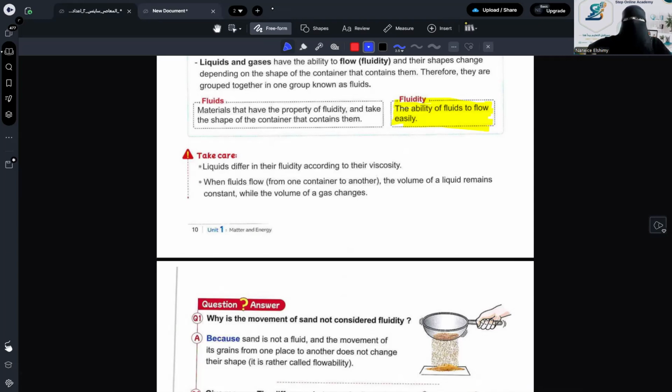Okay. So, what is a fluid? A fluid is the material that has the property of fluidity. So any material that has the ability to flow, its name is fluid. Okay? And it takes the shape of the container that contains it. Liquids